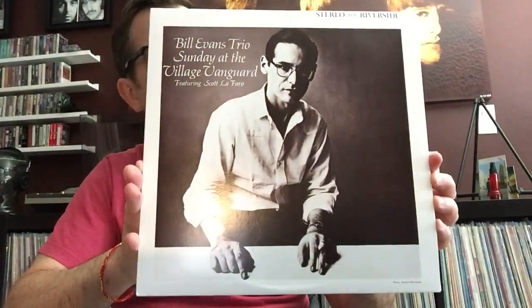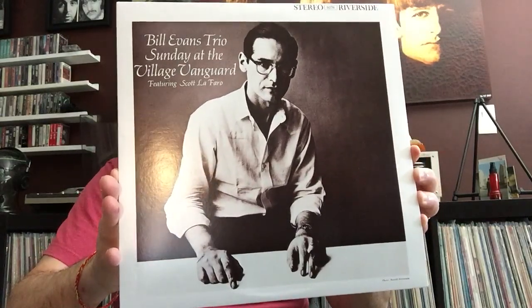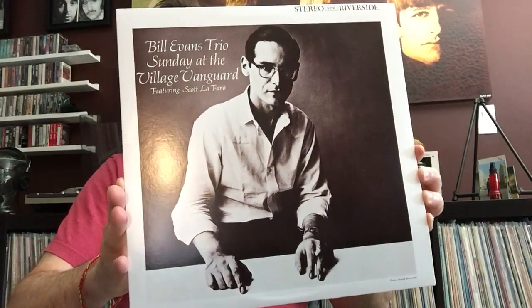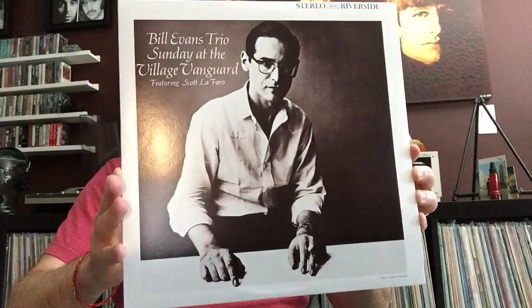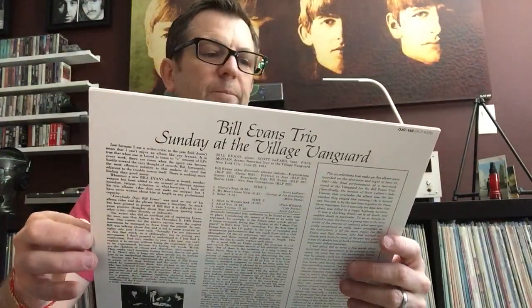This is another one I'd love to get a mono of, but they go for stupid money. I finally broke down and just went for the reissue. This is the Bill Evans Trio, Sunday at the Village Vanguard, the great pianist Bill Evans. This is on the Riverside label. This is a reissue. This is not expensive. It's easy to find, and it's inexpensive,